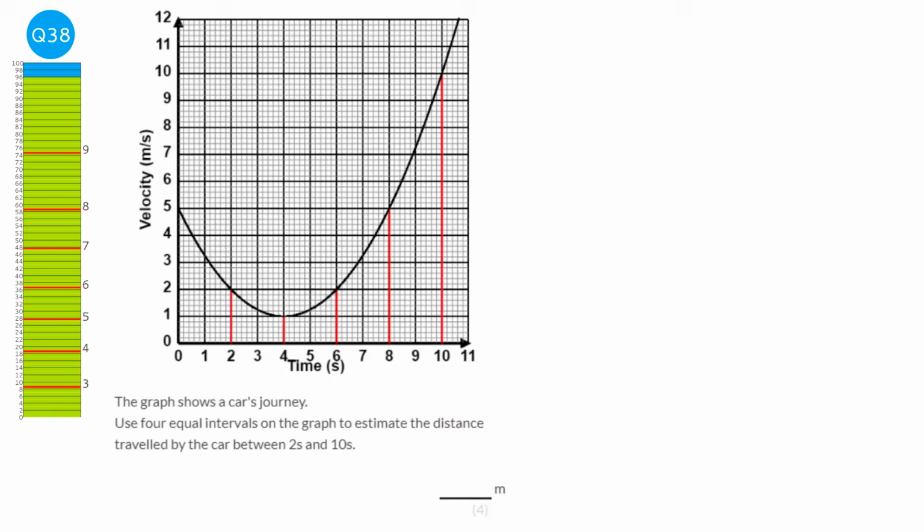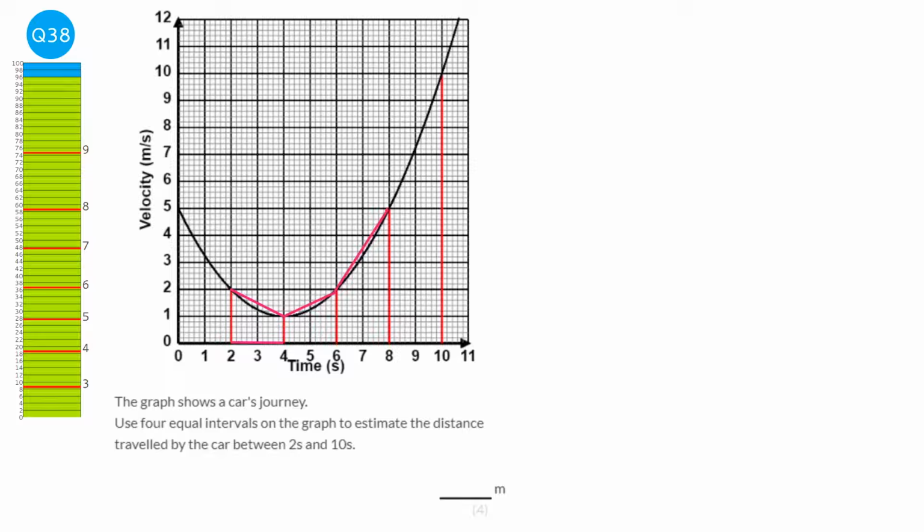So we're finding the area underneath this graph, and that's how we're going to estimate the distance, because the distance is the velocity times the time. And so if we work out the area under the graph, then we've got the distance. But the issue is that we don't understand things like calculus yet, and we've got to use this thing called the trapezium rule. Now for the trapezium rule, what we do is we draw these lines up and we draw little trapeziums, like so, all the way up it,